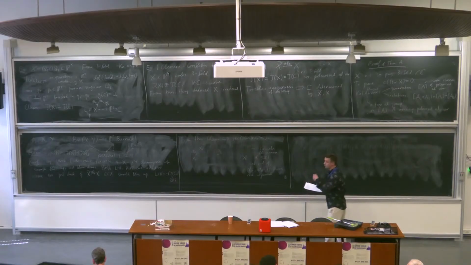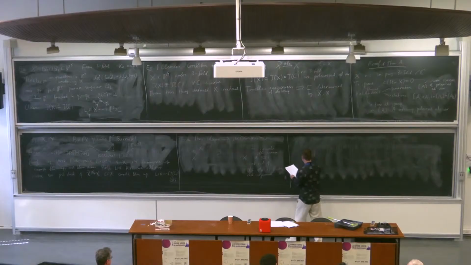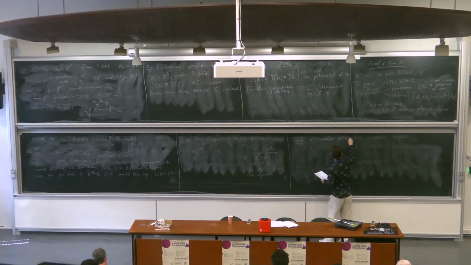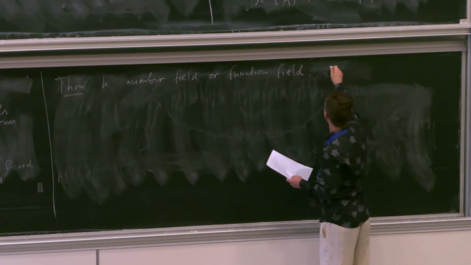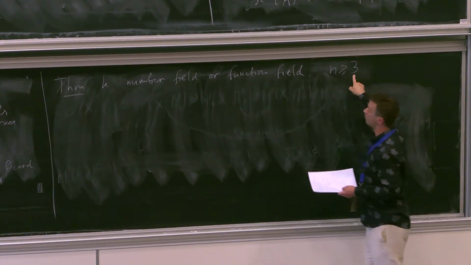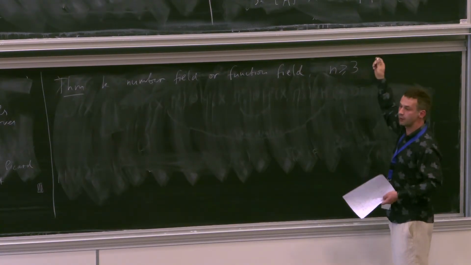So I'll now go to the second part, and we'll do something totally different. Specifically, I'll present you with interesting birational maps where things don't quite cancel. So if K is a number field or a function field, it's a slight improvement, actually a major improvement, of what I said earlier. I'll do not only n equals 3, but all higher n at the same time.